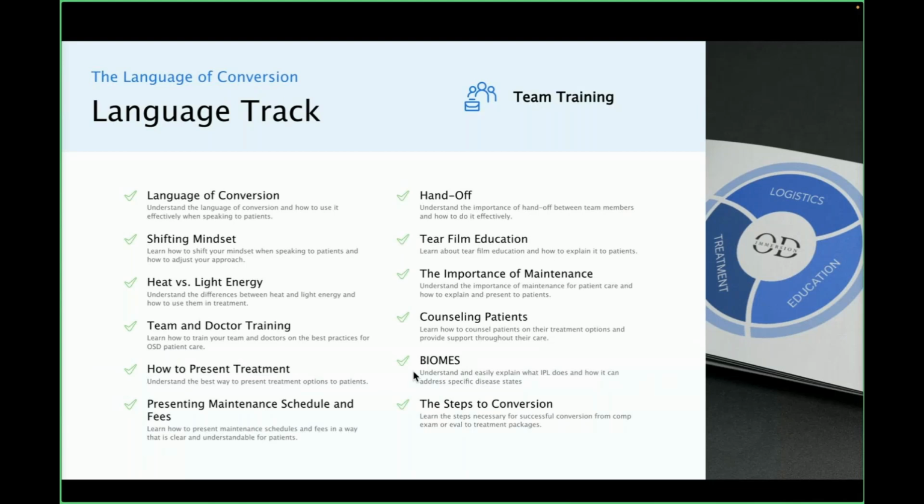So this is the part of the program where we really teach people the techniques and the strategies. What words do you use to make that patient understand the value of what you're offering, the significance of their condition, and there is some education here as well for those docs who really aren't that well versed on tear film. Like, we all know what dry is, right? We're all doctors, but some docs are unfamiliar with biofilm. What does biofilm mean? What does it look like?